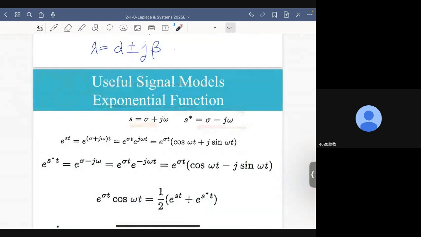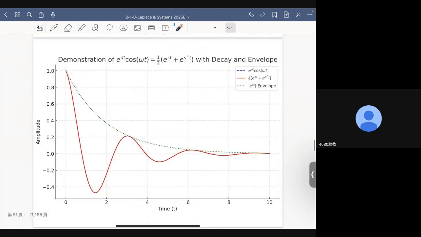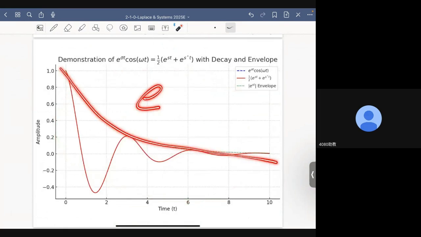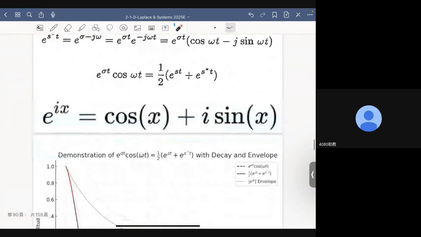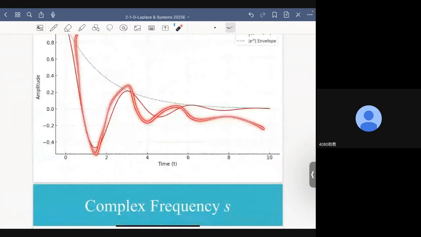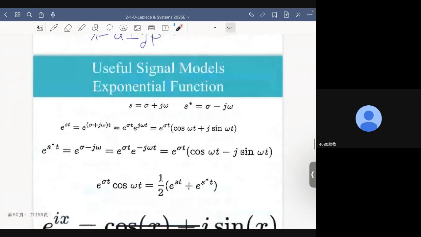Last time we saw this PowerPoint slide, and the complex variable is lambda, the s, which is what we call complex frequency. And we saw this image before. This is the envelope determined by, in this case, e to the sigma t, which is the real part of the complex frequency, and the oscillation. The frequency of the oscillation is determined by omega. Omega is the imaginary part, and remember, omega correlates with what? Frequency,